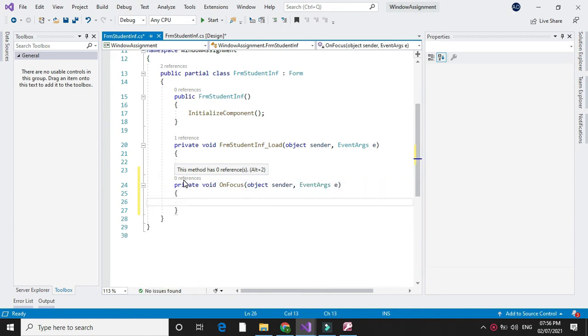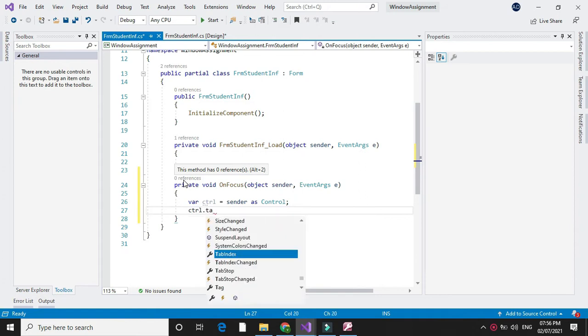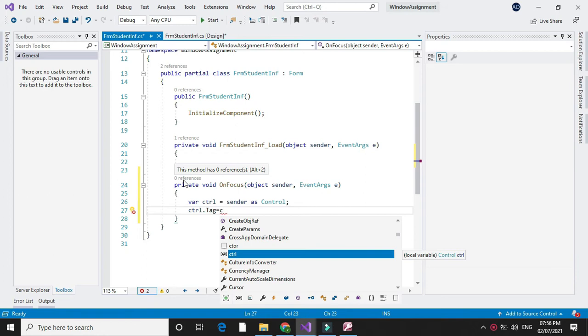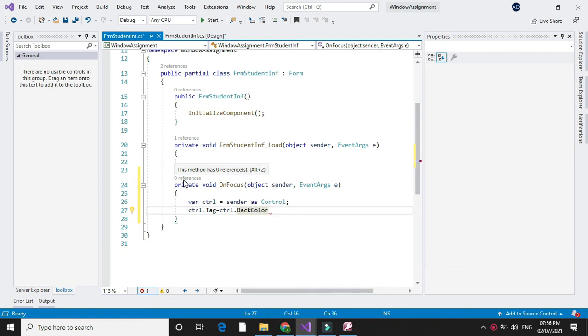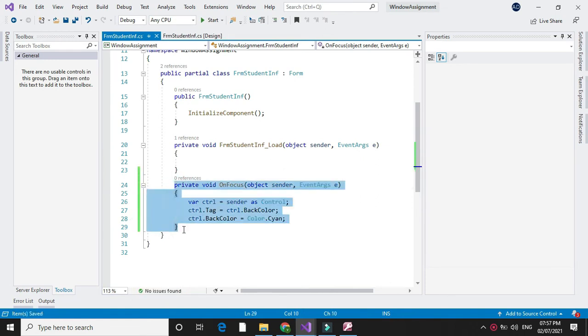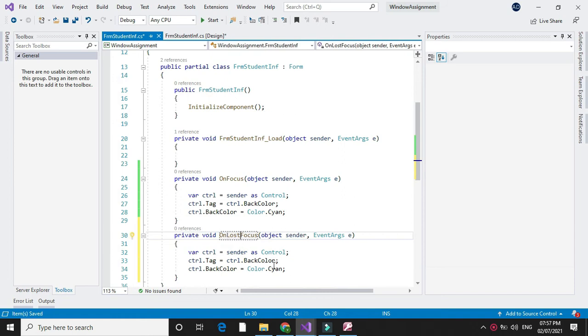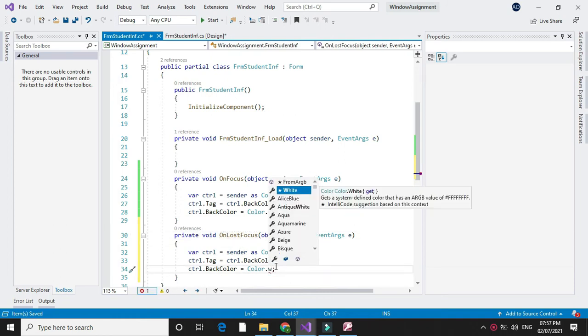Here I will declare a Control, then control.Tag equal to control.BackColor, and control.BackColor equal to Color.Cyan. Similarly, I will write the LostFocus method, and here I will set the control background color to white.